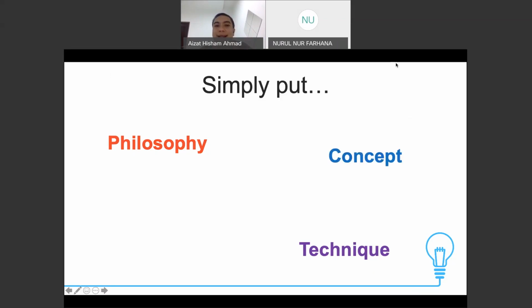Again, besides a technique where there are steps involved, it can be conceptually implemented, where you will be able to apply thinking by design as a concept in your research, in your final year project, even in your daily life, even in a friendship, for example, or even when you are planning to cook something. For those of you who are fasting, the Muslims, when you are planning to prepare your iftar, your breaking fast, you can apply design thinking because it's a concept.